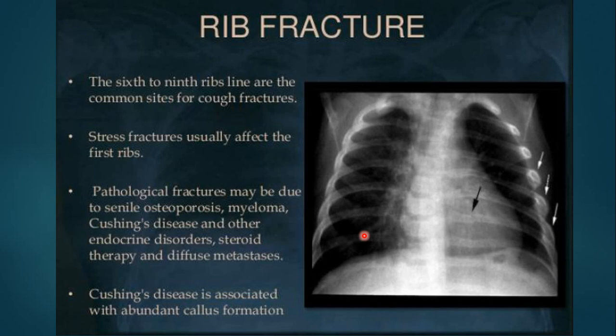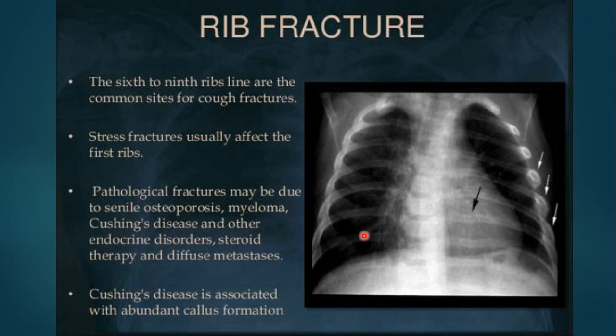Regarding rib fractures, there is something called cough fractures, when somebody coughs so hard with already osteoporotic or osteopenic bones. It might be the cause of a rib fracture, usually involving the 6th to 9th ribs, okay? The 6th to 9th ribs are the most commonly injured ribs in cough fractures, while stress fractures usually affect the